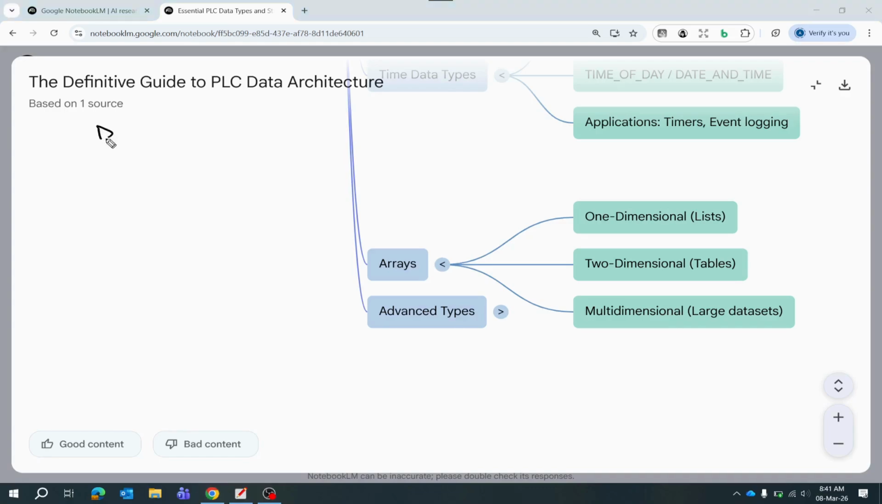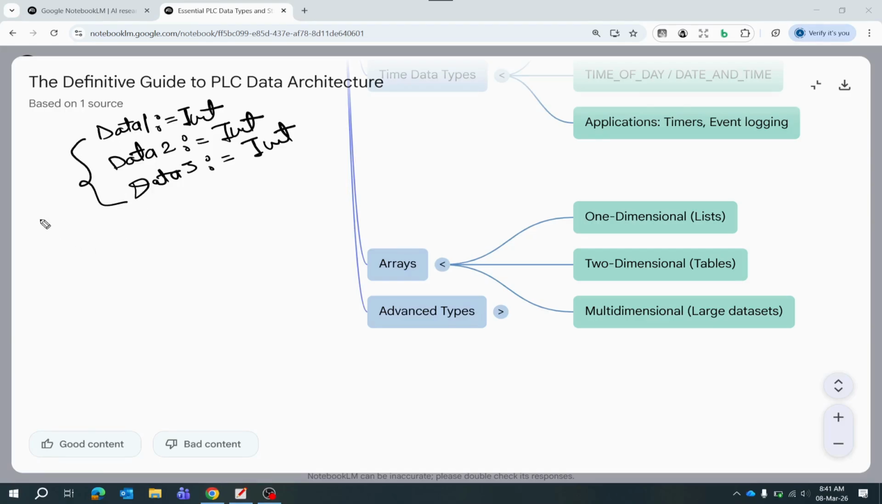So I have defined the data. In the first data, I will save the value in terms of integer, and I will save the produced count of the product. Then in data 2, I will save the rejected count, and in data 3, I will save, for example, the rework product count. So this is the first approach I can follow, and there is another approach I can use here, which is